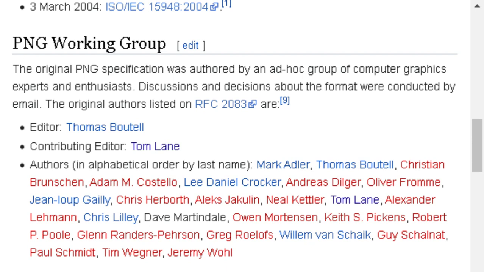PNG Working Group. The original PNG specification was authored by an ad hoc group of computer graphics experts and enthusiasts. Discussion and decisions about the format were conducted by email. The original authors listed on RFC 2083 are Editor, and by the way, I'm not going to pronounce these names, so I'm just going to spell them out because it's way too much work to figure out how to pronounce all of these names correctly. So, Editor,